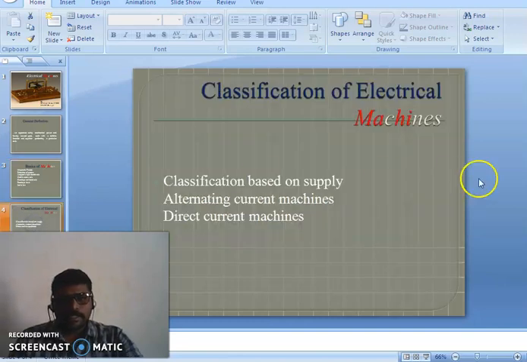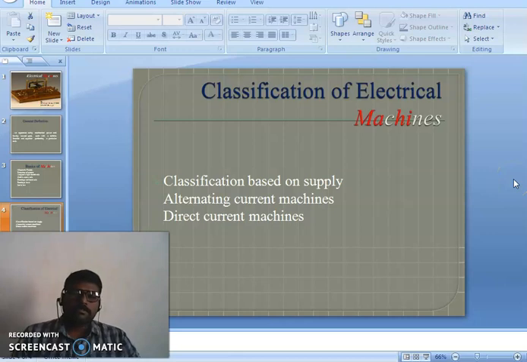Next slide. Classification of electrical machines. How do we classify the electrical machines? First, we see about the machines, isn't it? A machine is nothing but the combination of several components to do a particular function or task by reducing the human effort. Okay. What is an electrical machine? If the machine functions or works with the help of electrical energy, then it is called an electrical machine. If the machine works with the help of mechanical energy, it is called a mechanical machine. For example, a cutting plier is a mechanical machine. A mixer grinder is an electrical machine. A ceiling fan is an electrical machine.